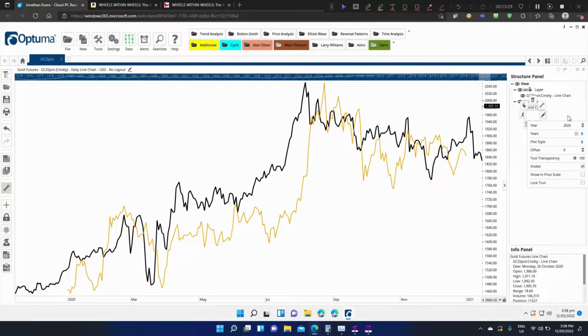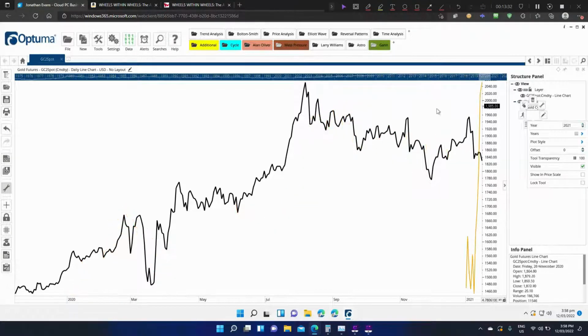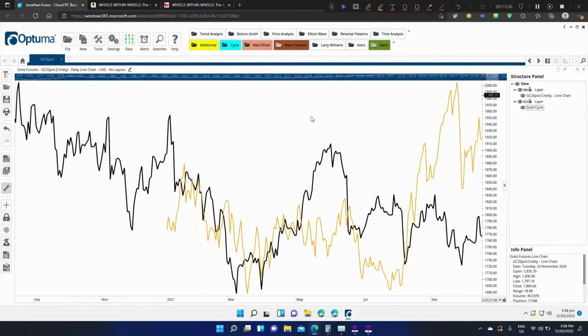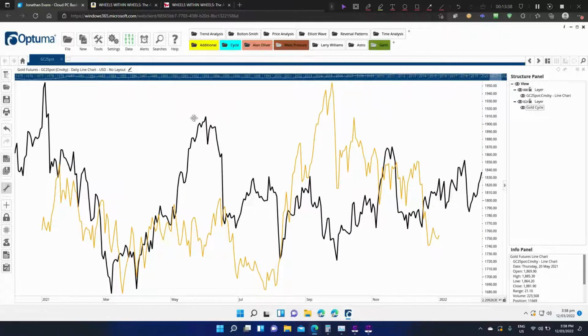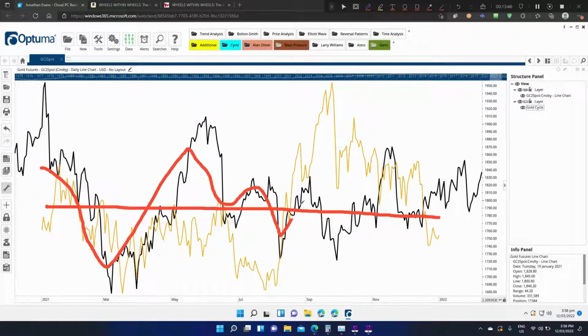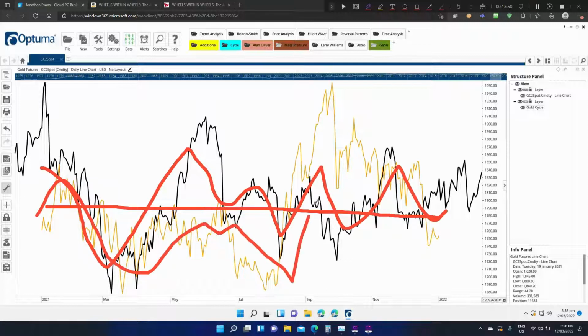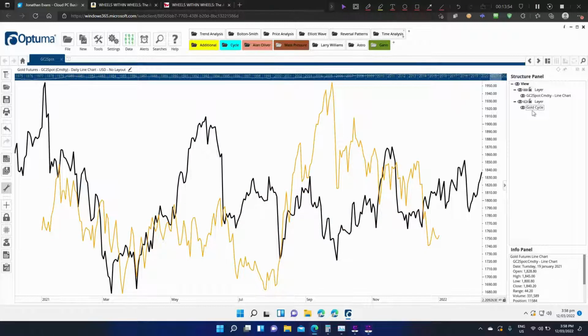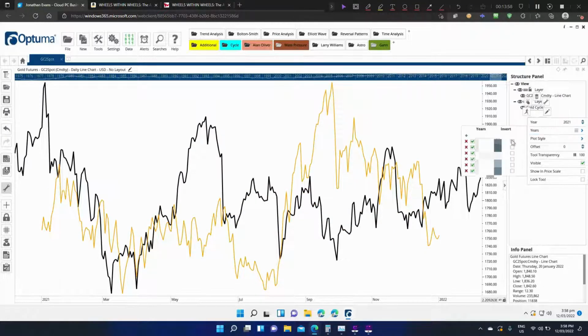Let's go to 2021. 2021 was another one that was not as textbook, but pretty much suggested, if you look at the cycle, that the market was going to do nothing. And we sort of had our sell-offs, our peaks, our troughs, and the market, both in the forecast and also the actual market itself, didn't do anything. But is there a possibility that we can refine this a bit more? Let's go take a look.